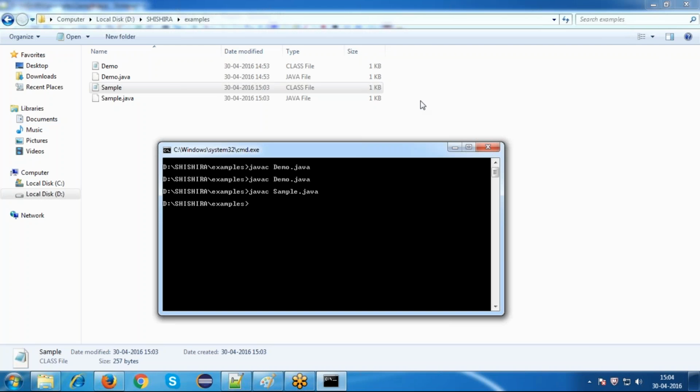Okay. Now till now we have understood how to compile the Java program. Now we will understand how to execute the Java program. The command to execute the Java program is,